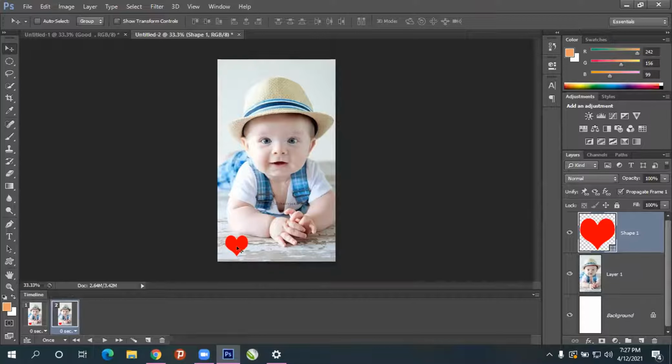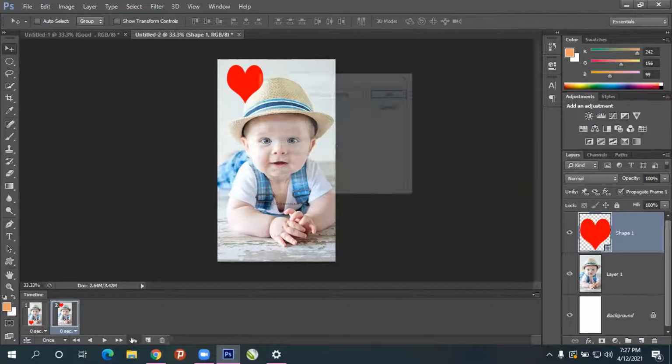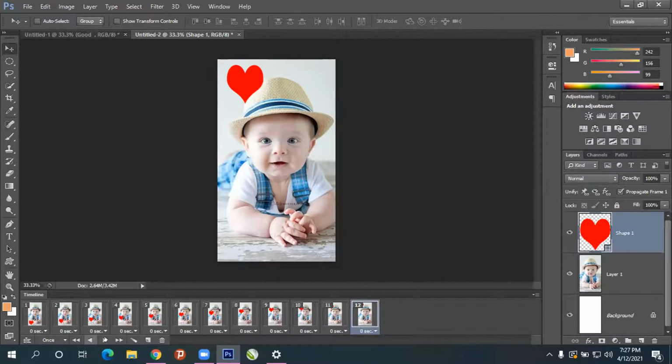I understood. Then in the second frame, because this will create one duplicate, in the second frame I'll just move the art symbol there. And if you want, you can make it a little bigger also. And give enter. And now I'm going to make tween. And that's it. Now you play and check that.